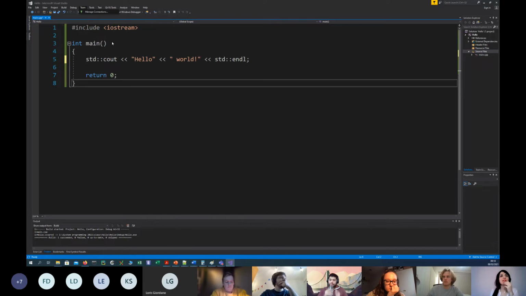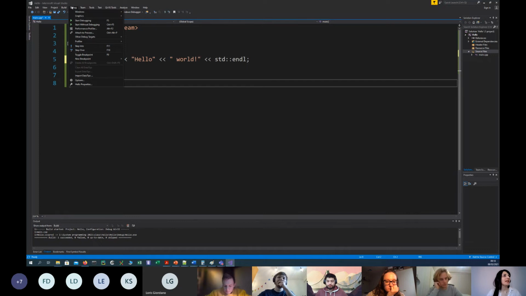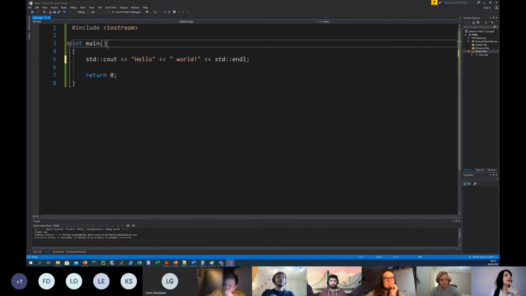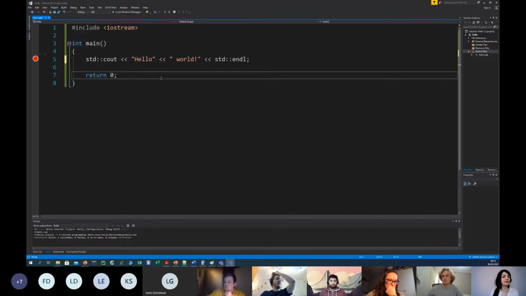As people who were born in the age of technology in recent years, it's okay to use the mouse, but it's better to also learn the shortcut keys for running your program and debugging your program. To debug your program, start debugging, you press F5. And to add a breakpoint, you can press F9, or you can click here, and it will give me one breakpoint. And if I press F5,